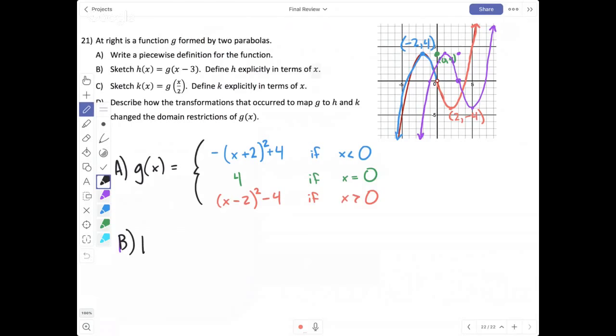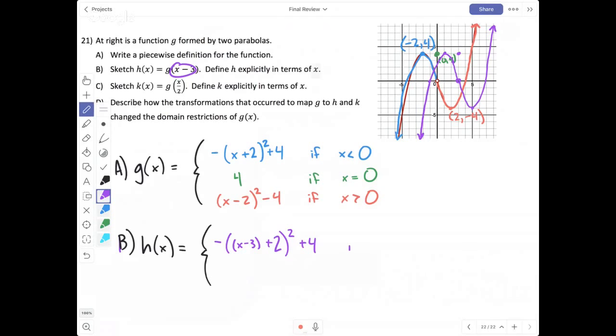This is h of x, and it equals the 3 pieces again. In this case, I'm going to show first an expanded notation because I want to watch this x minus 3 get plugged in. So I'm going to show that it's this part, the blue part, and instead of x, I'm going to write x minus 3, and there's the plus 2, and there's the squared, and there's the plus